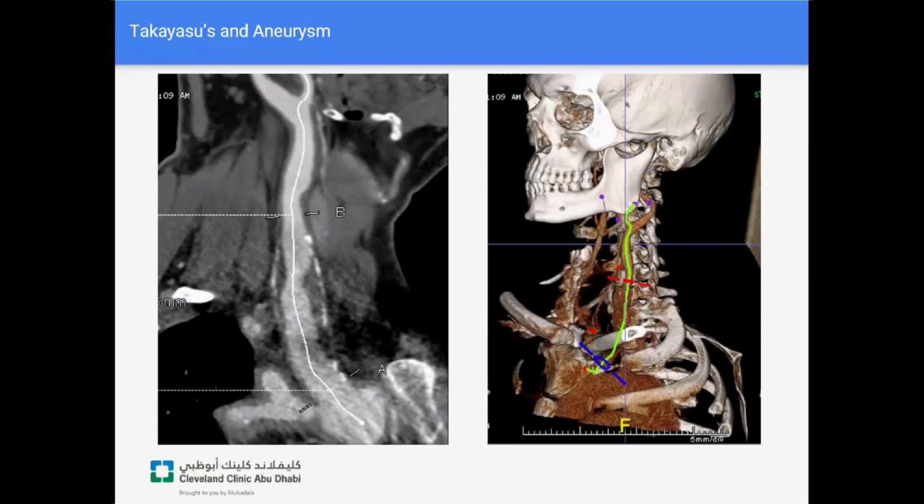So the options were to continue to observe this patient whose aneurysm was growing, wait for symptoms, or bypass or intervene. If you look at the artery above it, it's affected by vasculitis all the way up to the bifurcation, and that's a typical pattern for Takayasu's, and so an extra-anatomic bypass from one of the other great vessels was probably not a great idea.